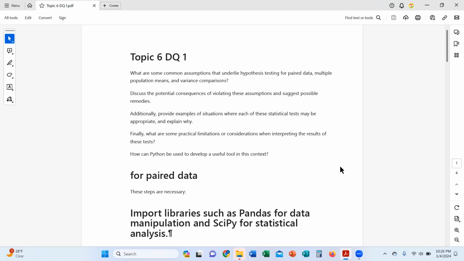The potential consequence for variance comparison of violating normality is that non-normal data might affect the accuracy of confidence intervals and hypothesis testing. The remedy would be to transform the data or to employ a non-parametric test such as the